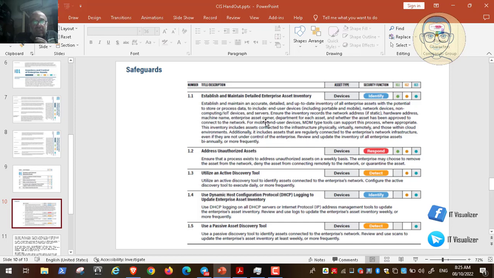name, the enterprise asset owner, who is the owner of this asset, the user on this asset, accounting team, IT team, the department. For example, the enterprise asset owner may be the name of the user on this machine and which department he is in, for each asset, and whether the asset has been approved to connect to